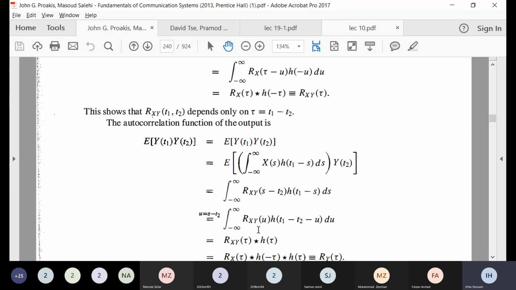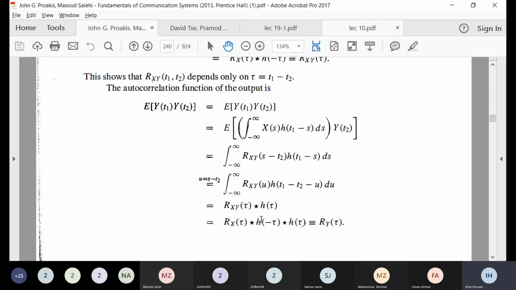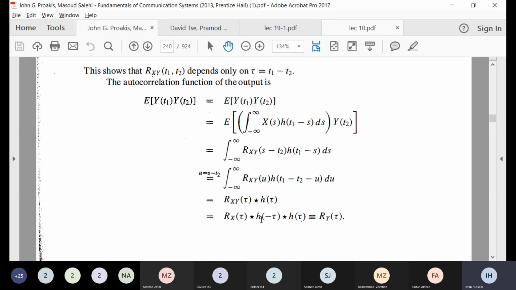I change the variables. This comes out to be like this. This becomes tau. And again, you can see this will be RXY of tau convolved with